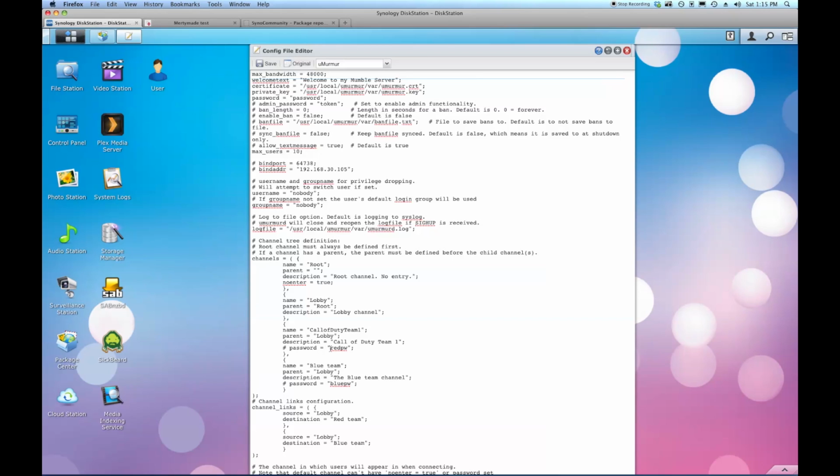And then you can leave everything default to red team, blue team, but there is a password on each channel. So you're going to want to change that or just leave it blank if you don't want a password to get into the channels. And I'm just going to choose to leave those blank. So here, for example, I'll go ahead and do Call of Duty and